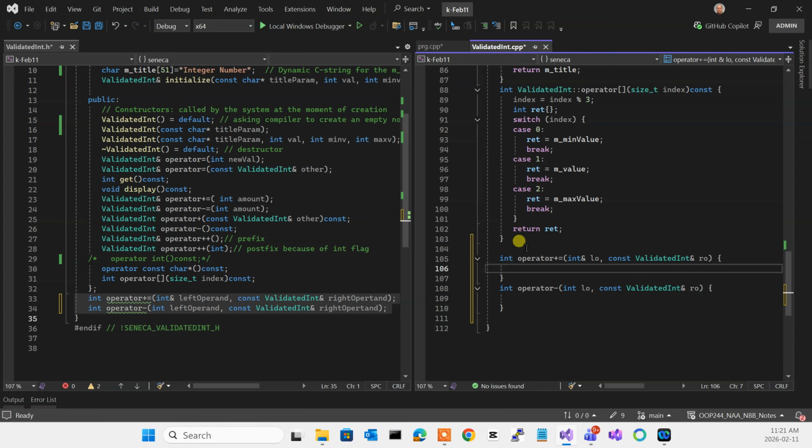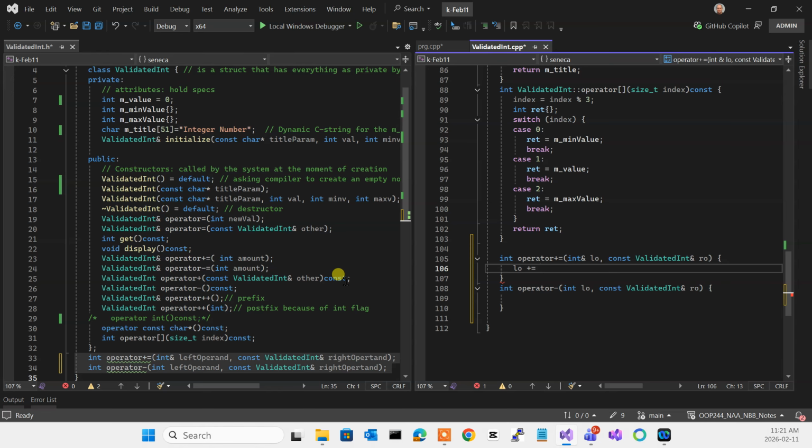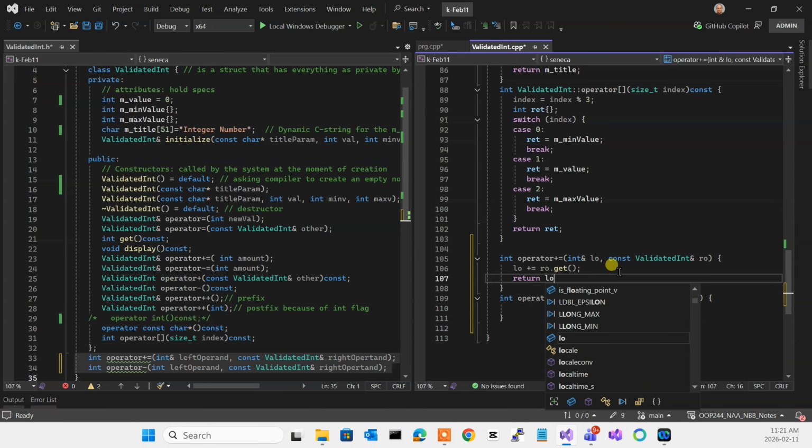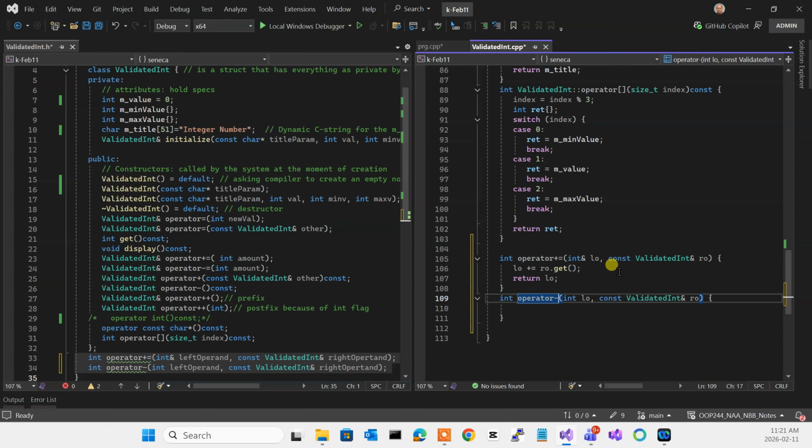Now, all I need to do over here is to say LO plus equal. Now I need to gain access to the value inside RO. Do I have any tool that provides that for me? Get, right? So I'll go over here, ro.get, and I'm returning LO. Done. Okay? That's a helper operator overload. Now,